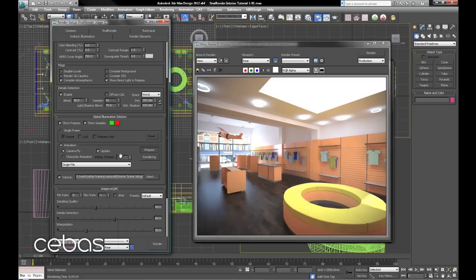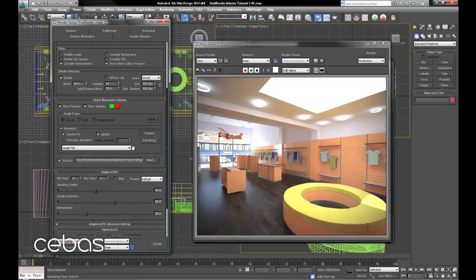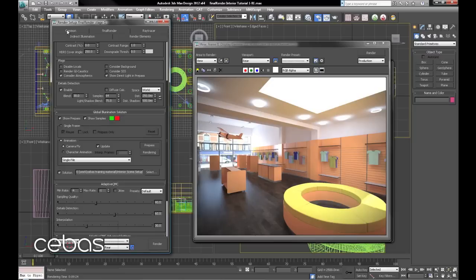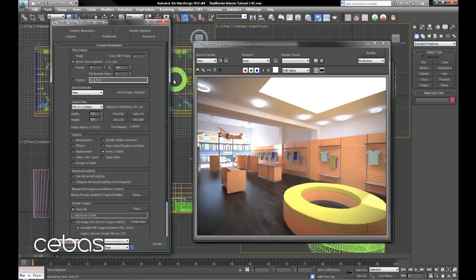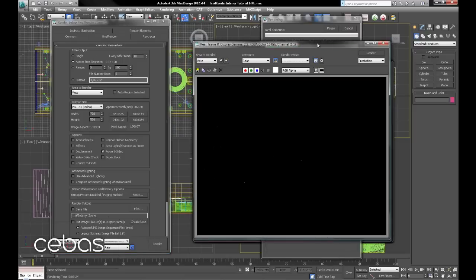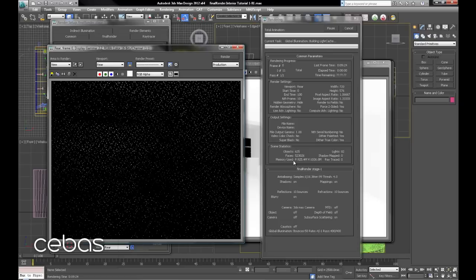Okay, let's run the prepass with an update from the current information we have and samples in there. So we've set our solution file, Camera Fly and update, into the output, 0 to 100, and we could probably do every 15th frame on this one. We'll render every 10th frame. We don't need to save anything there. And here we go